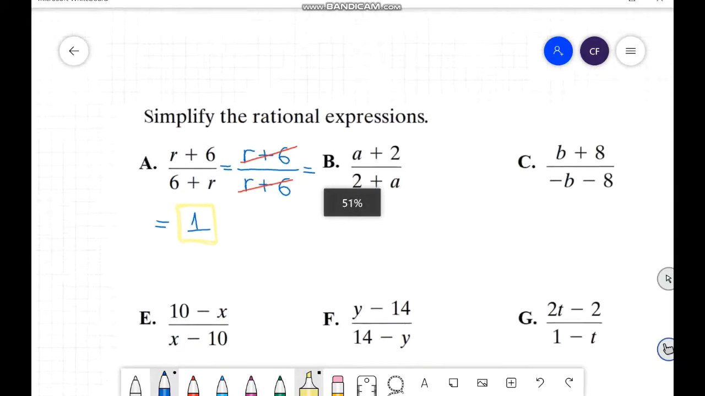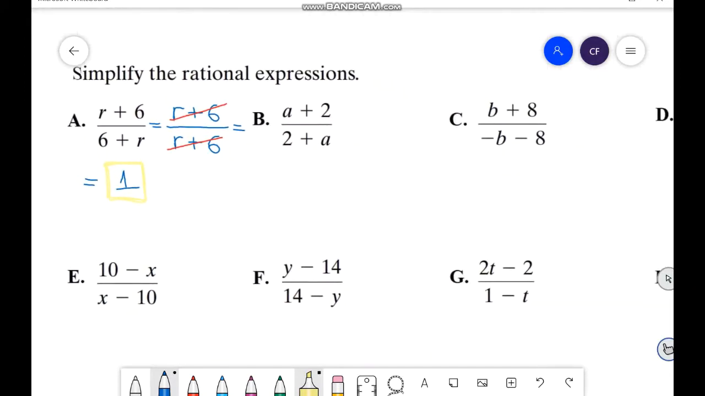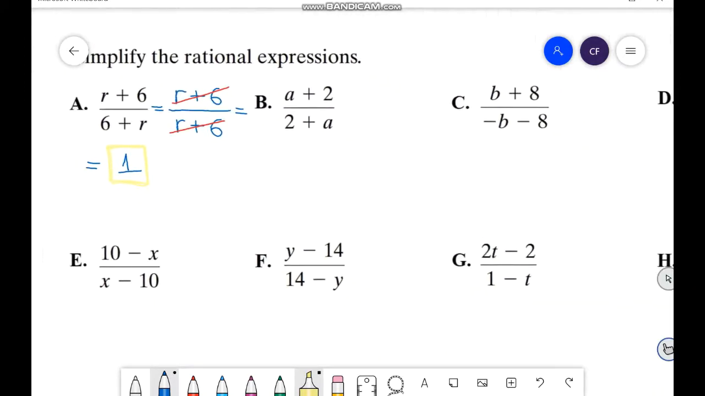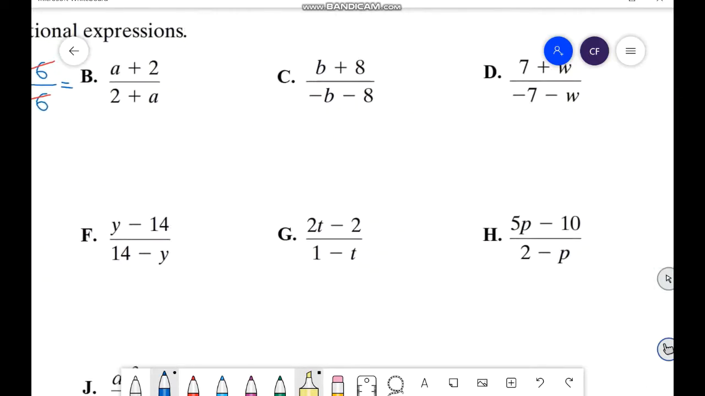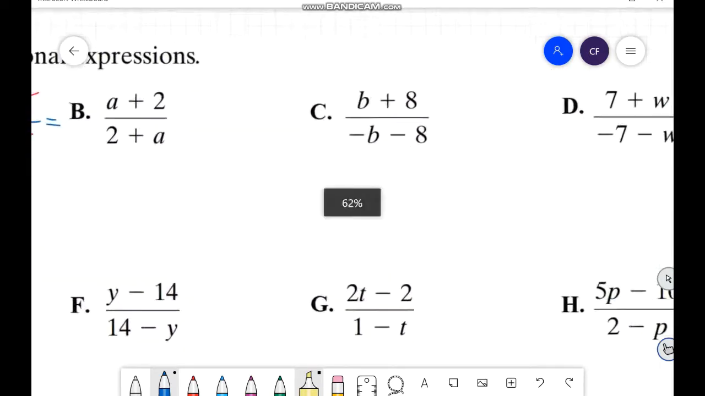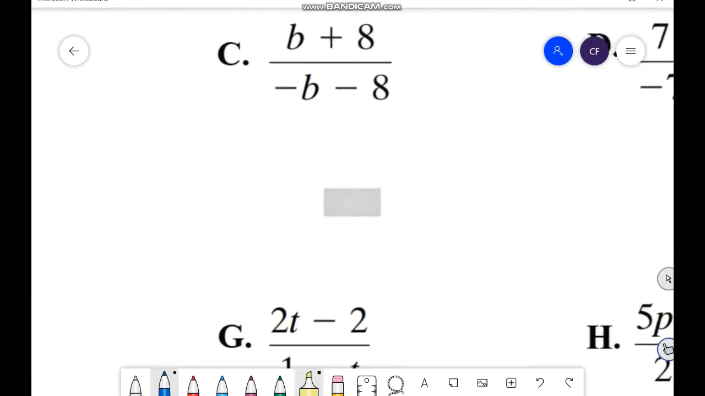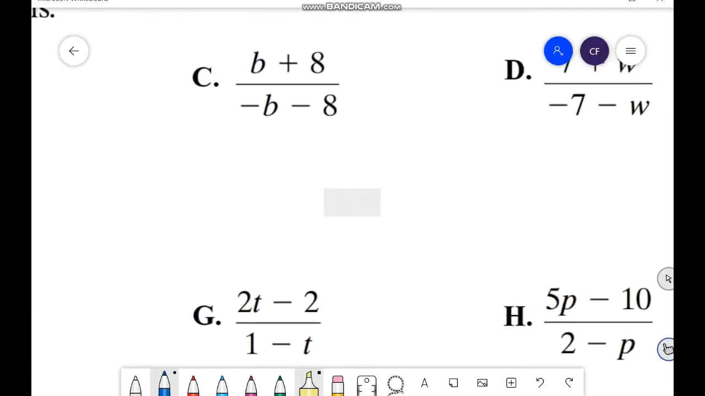Don't complain with me, please. This is so obvious, but I need you to really grasp and understand this. You can change the position, you can change the place, it doesn't matter. But now, let us see. Now we have different factors. Check this out. We have b plus 8,